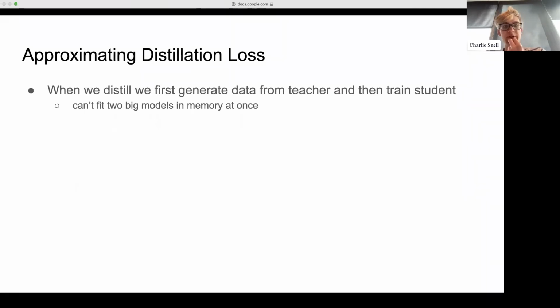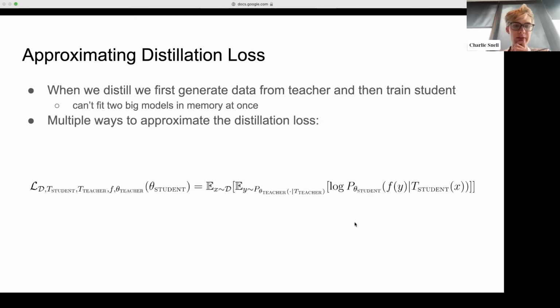So typically how we do this, firstly, we should note that the process by which we do the distillation is we first generate a bunch of samples from the teacher and then train the student. So we're going to sample an input, sample a completion, and then sample a bunch of input and completion pairs from the teacher. And then build this big data set of input completions and then go fine tune the student with this data set. That's the process by which we actually implement this.